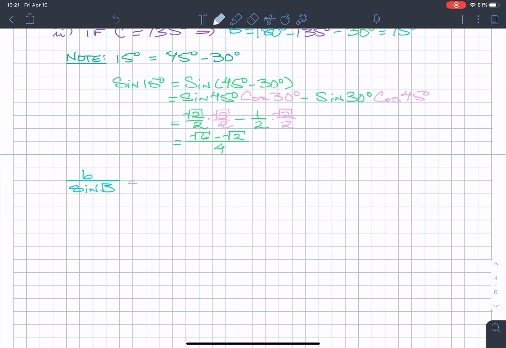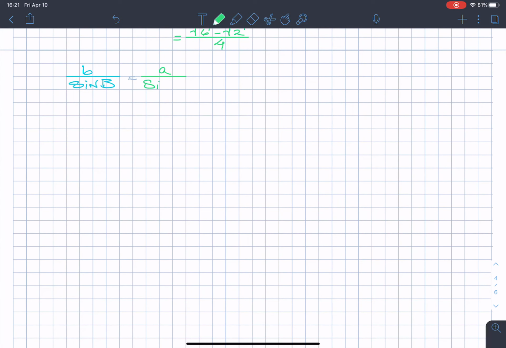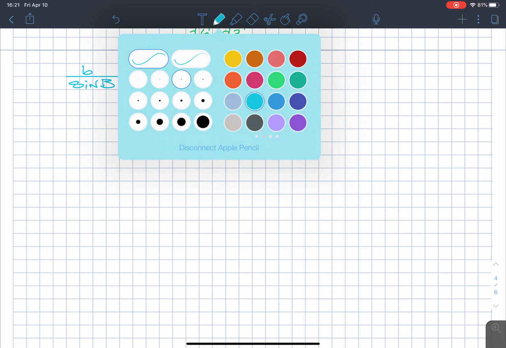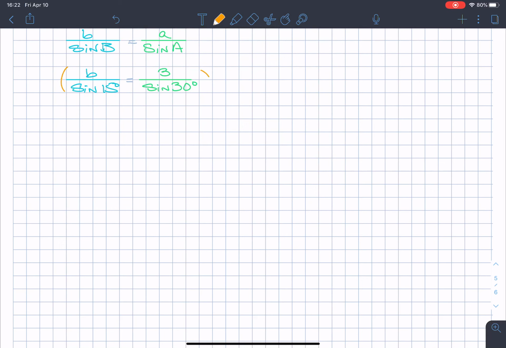over sine of angle A. Oh shoot, did I do that right? Yeah, sine of angle A. Oh shoot, I used the wrong color, didn't I? Oh well. So this will be little side b divided by, in this case, sine of 15 degrees, because that's what B is in this second case. And I'm setting that equal to little side a, which was 3, divided by sine of 30 degrees. So cross multiplying by sine of 15 degrees,